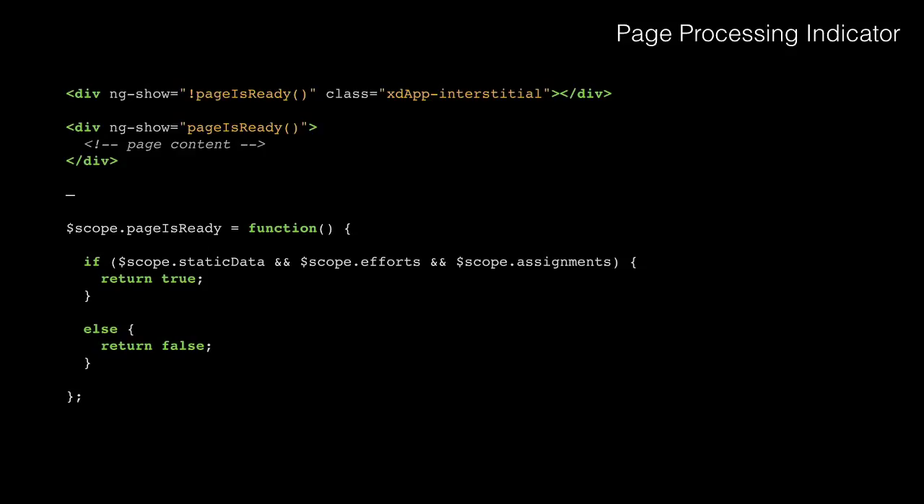For processing, I wrote rules. Basically, you want to make sure that when your page is loading, you have some type of feedback to the user that stuff is processing. So I wrote a method in each controller called pages ready or modules ready or whatever. And